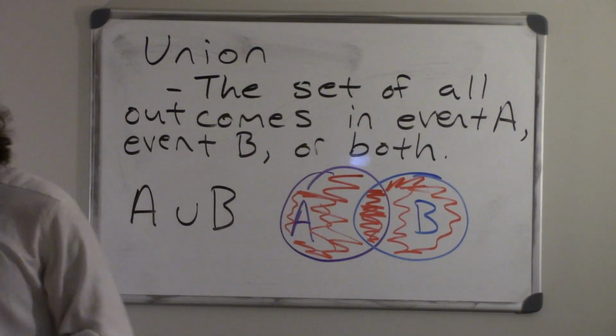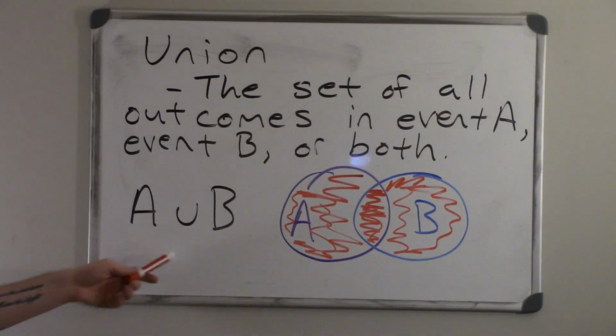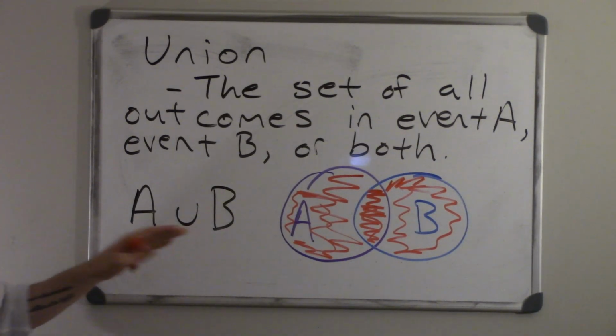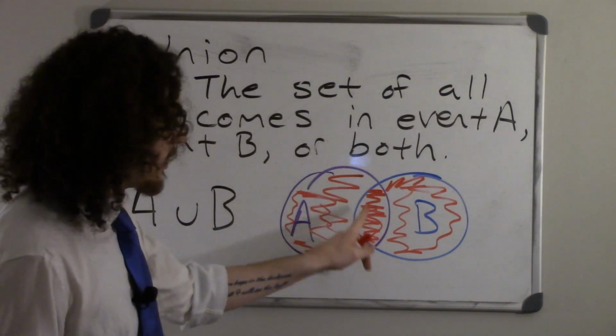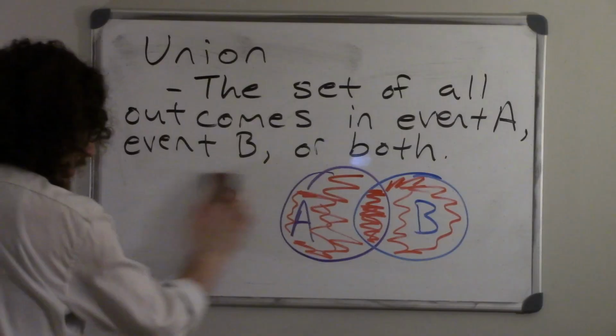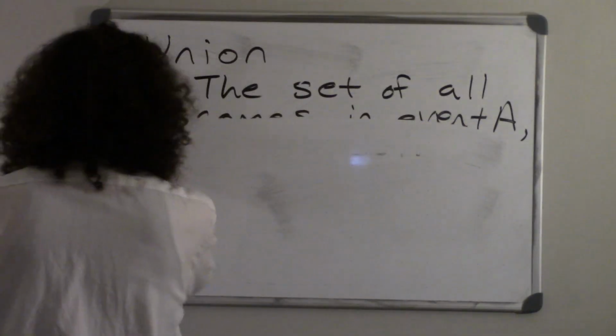But we're counting everything. We're not going to be able to calculate a probability for these just yet, and probably not in this video at all, partially due to the fact that they have this overlap, but we'll get to that in a later video. But that is a union.